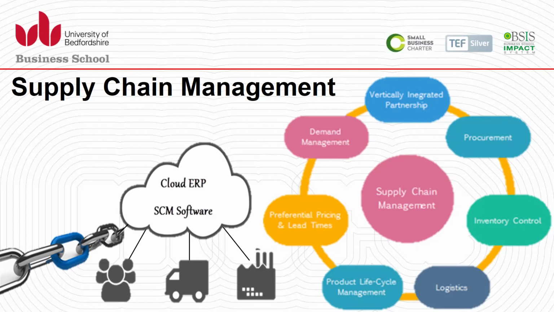It involves the active streamlining of business supply side activities to maximize customer value and gain competitive advantage in the marketplace. And we can see the technologies that are used, for example, supply chain management software or cloud-based enterprise resource planning. We can find end-to-end from the procurement to inventory, logistics, to the product life cycle, the preferential pricing, lead time, and demand management with vertically integrated partnership is the complete cycle, because the function of supply chain